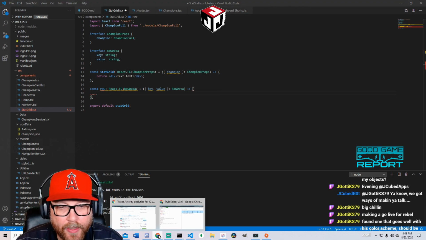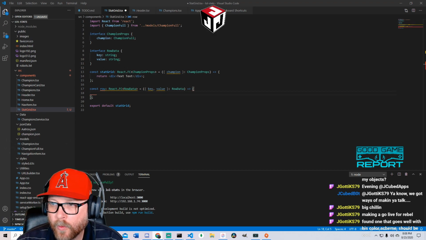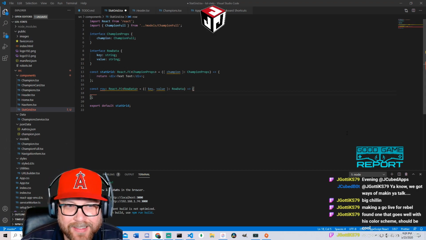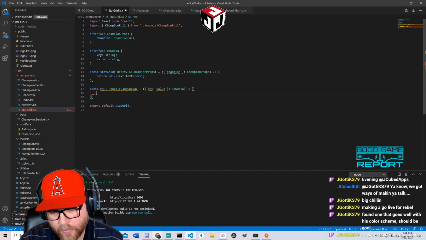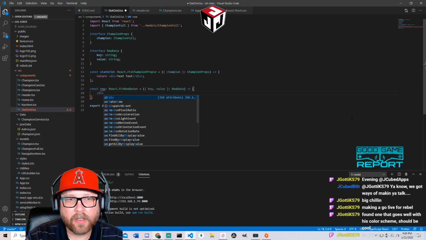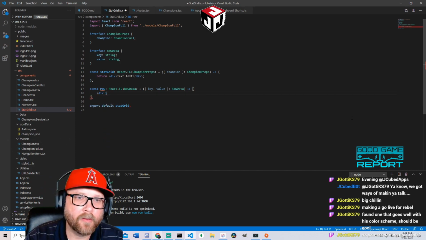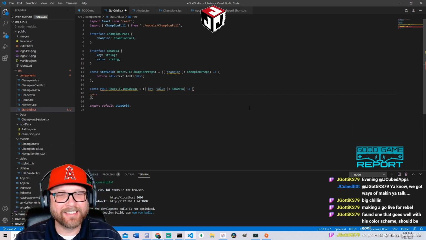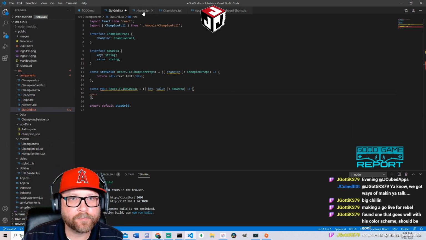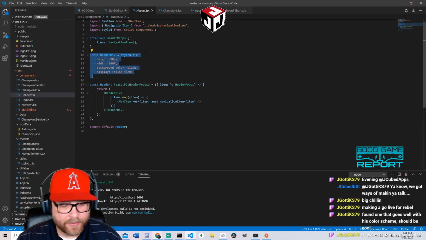All right, so this row, we're going to give it... no, it's going to be in the div container, so that doesn't even matter. All right, so we're going to go div. Ah, okay, so now I'm gonna copy this.